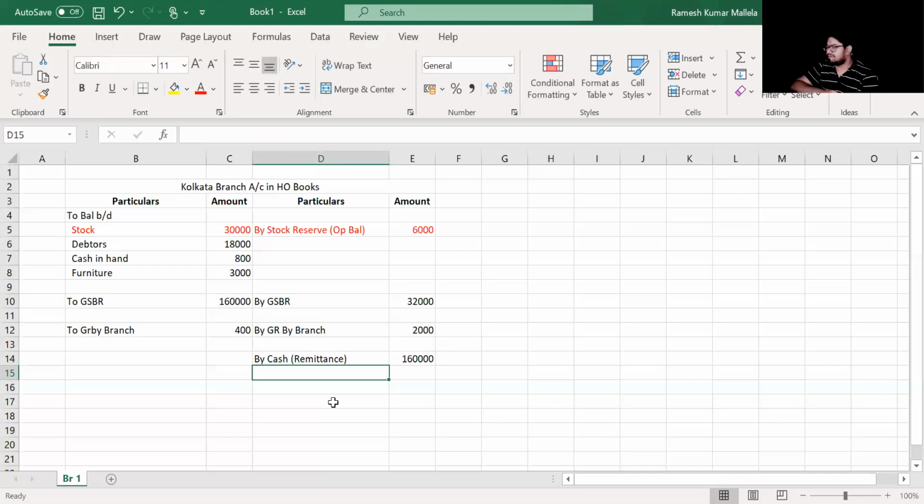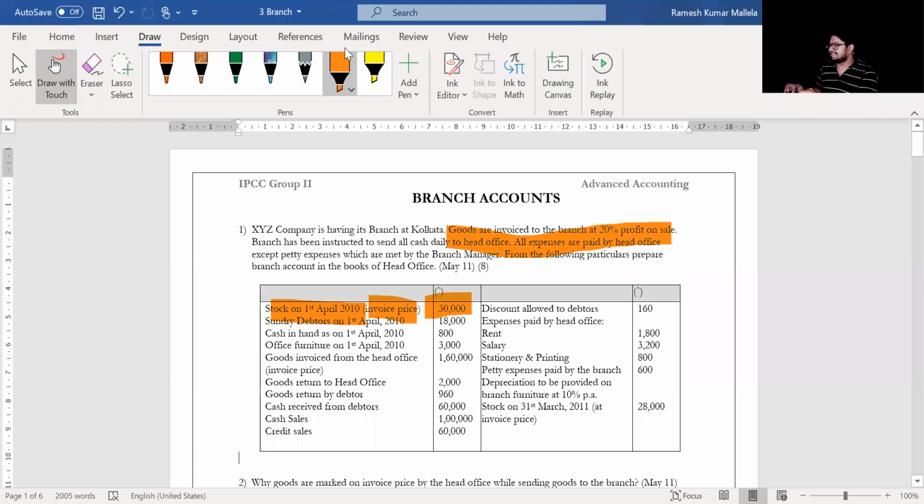Okay. Now, he did not mention about any petty expenses being incurred by branch, he has told you that petty expenses incurred by branch is 600. Anyways, those monies are available with him to the extent of 800 rupees. Opening balance of 800 is there now. Please see the question. He says cash in hand is 800. And petty expenses paid by the branch is 600. Hence, these monies are paid out of 800. That's all. The 600 is paid out of 800, and balance you still have 200 rupees on hand. That's what you are supposed to understand.